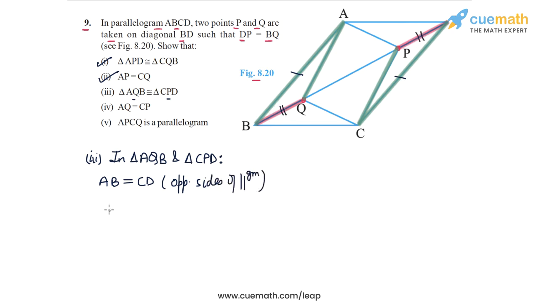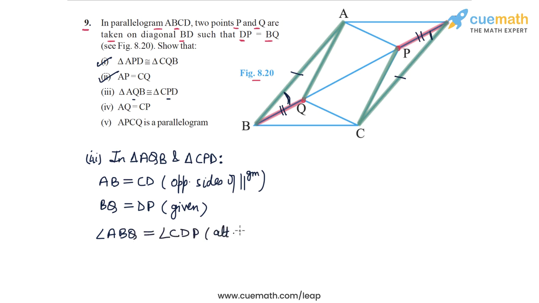This is already given to us. BQ is equal to DP, given, and the angle at B, this angle ABQ, and the angle at D, this angle CDP, these two angles are also equal. So angle ABQ is equal to angle CDP